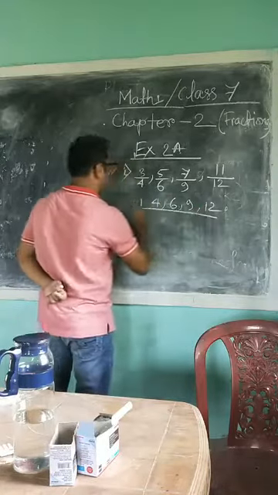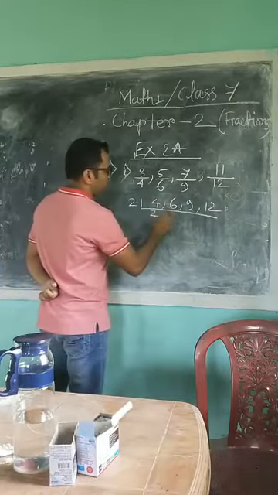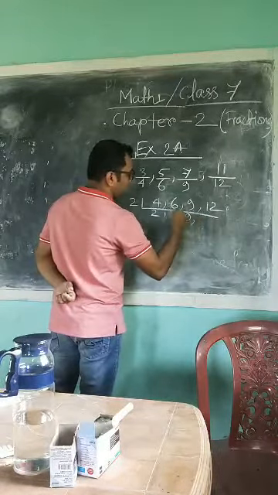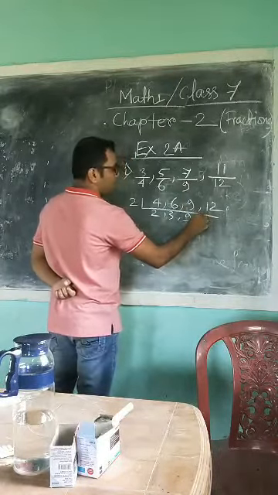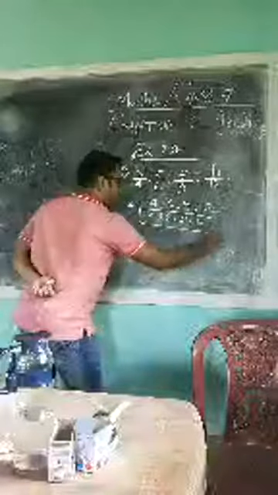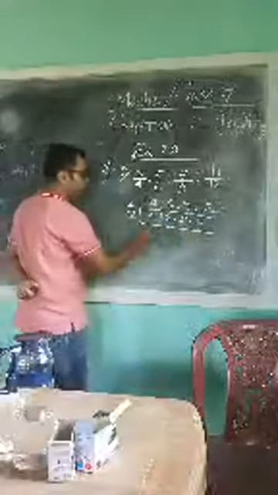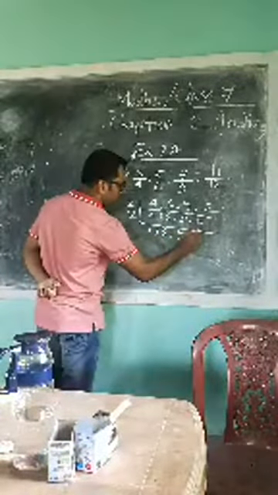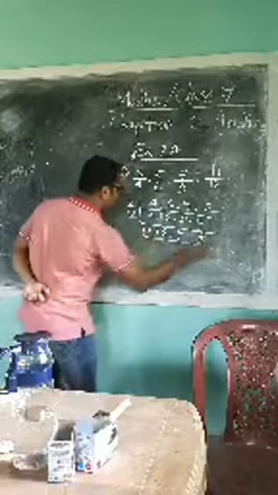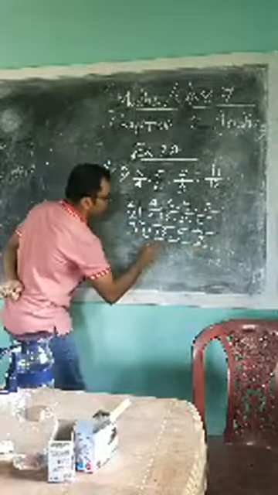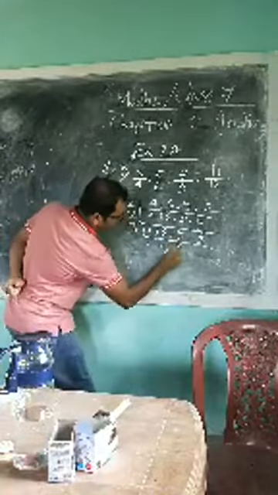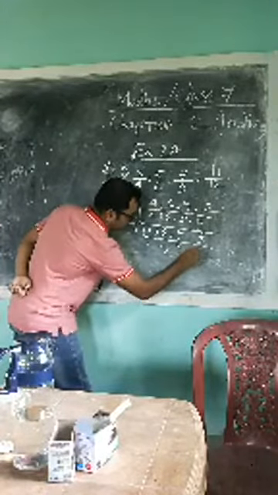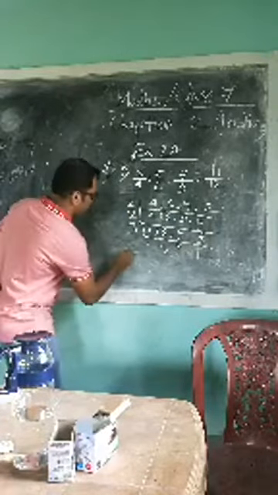The denominators are 4, 6, 9 and 12. If you divide by 2, you will get 2, 3, 9 and 6, because 9 is not divisible by 2. If we divide by 2 again, we will get 1, 3, 9 and 3. Now if we divide by 3, we will have 3 and 1. So LCM will be